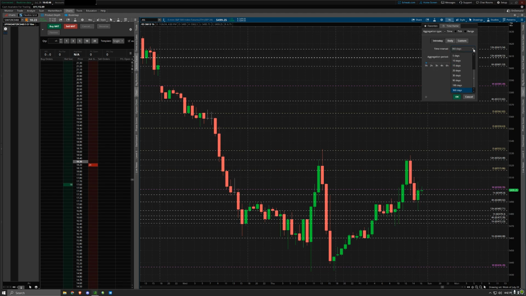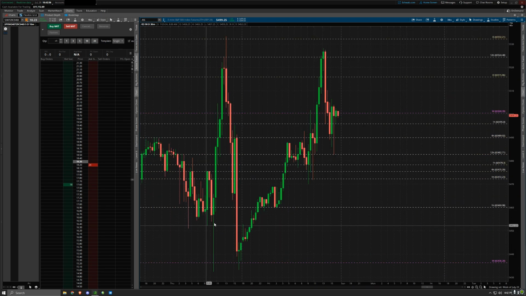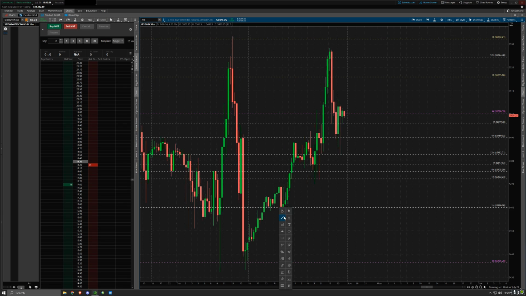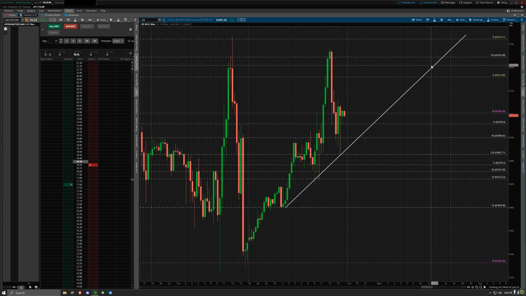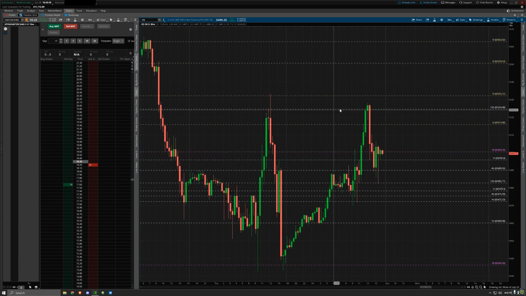Really quick before I end this video, I'm going to show you what I'm looking for myself. Throw in a 30-minute. So tomorrow at open, I mean, we are in an uptrend. You can see that a little bit on a higher time frame. We're probably in an uptrend again, but we are rejecting this line right here, and the reason for that is